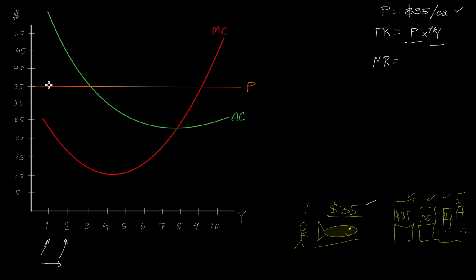So 35 here, 35 here. Now, for each additional unit of output, I'm making another $35. So if I go from 2 to 3, or from 4 to 5, or 8 to 9, or 7 to 10, my marginal revenue is $35. That's my marginal revenue. And keep in mind, just because somebody bought 4 fish at about $140,